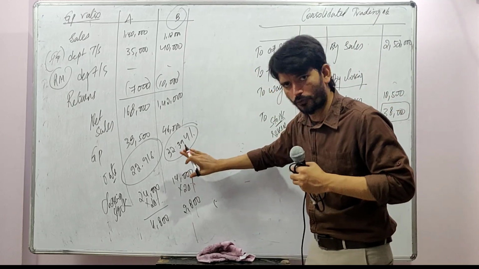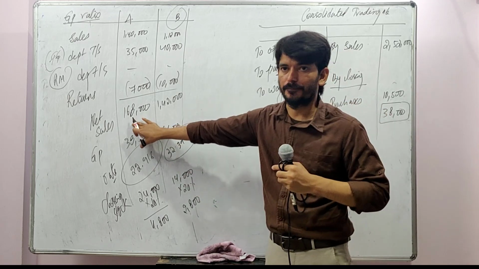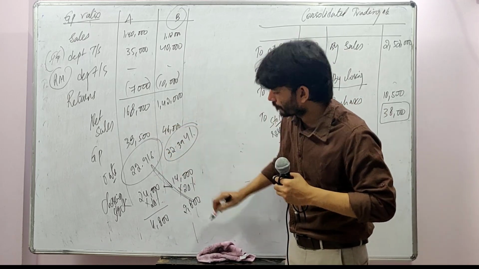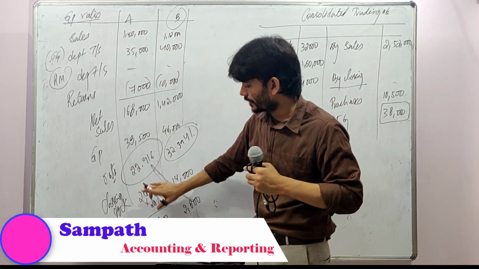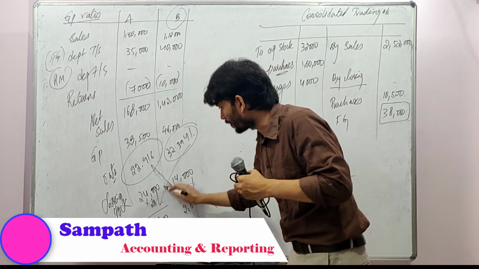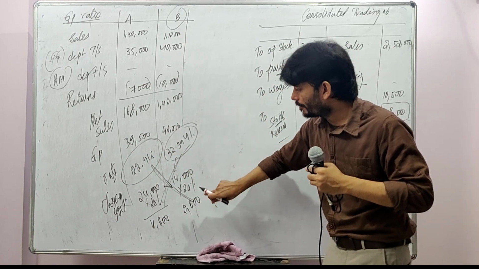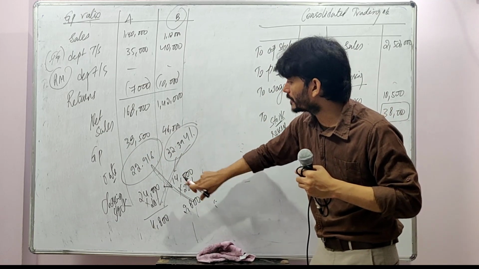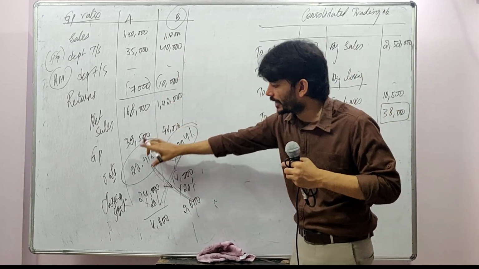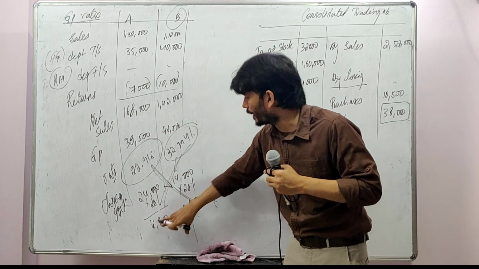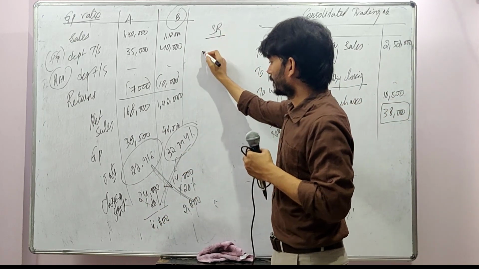So now again come back to our discussion. B is having closing stock 14,000, but of this 2,800 he got from A. Same way, A is having closing stock 24,000, of which 4,800 he got from B. Which means while A is transferring it to B, he might have included this 22.916%. Same way, when B is transferring it to A, he might have included this 32.394%. So what is the stock reserve?